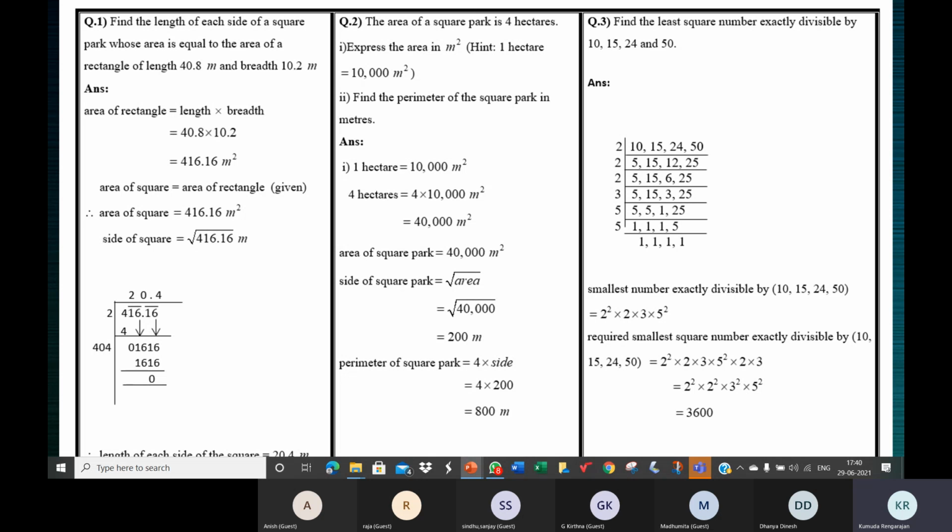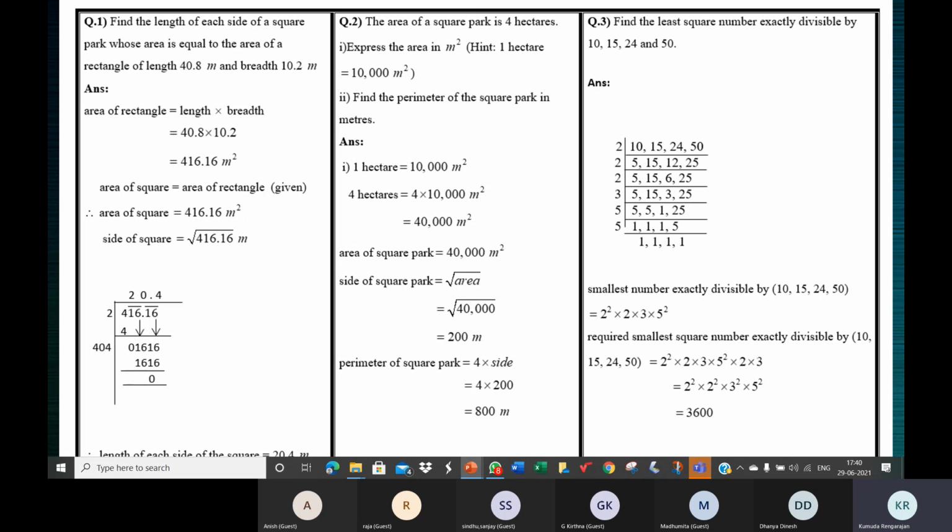Don't think, oh, I understand, I know the answer, go to the next one. No, it's not that. What is the question? How do we understand the question better? We are trying to find the least number, the smallest number that is exactly divisible by 2, 3, 4, and 6. There are many numbers, but the smallest number that is exactly divisible by 2, 3, 4, and 6 is 12. There is no number smaller than 12 that is exactly divisible by 2, 3, 4, and 6.